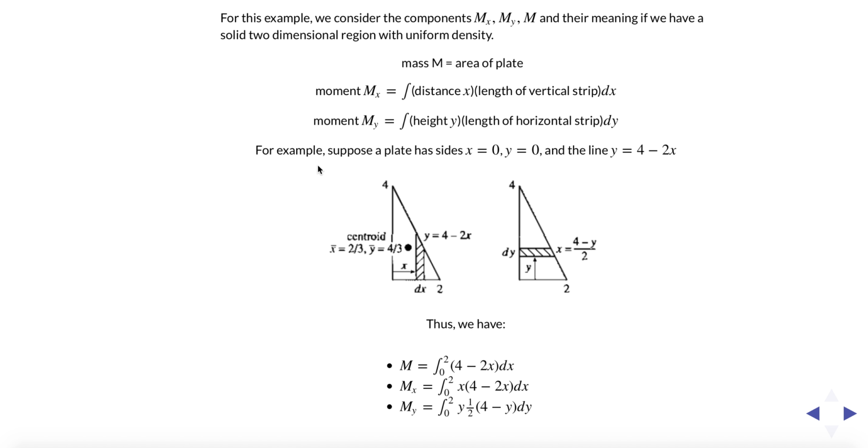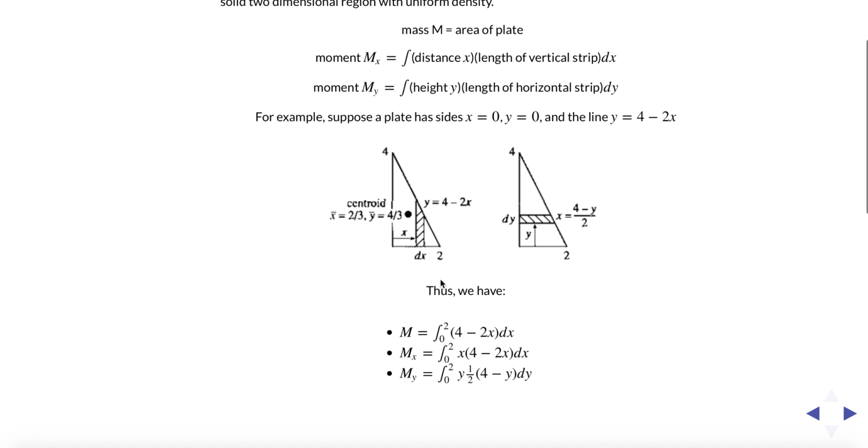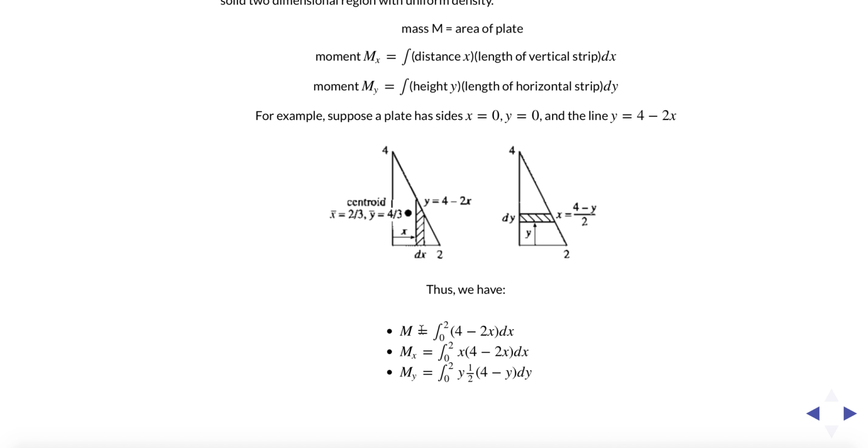But if this is the example where we have the x and y-axis boundaries for this line 4 minus 2x, then we can find the center of mass just by putting these pieces together. The total mass of the system is the area under this curve from 0 to 2, 4 minus 2x. Moment about x is going to be the x coordinate times a vertical strip. Well, the vertical strip is just like that mass. That's how, right, we added a bunch of those vertical strips up to find the area under that. And now for the moment about y, this last piece here,